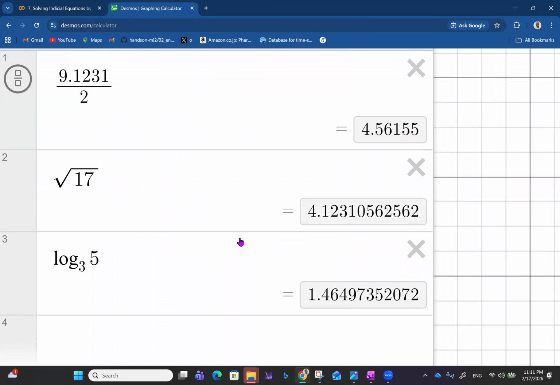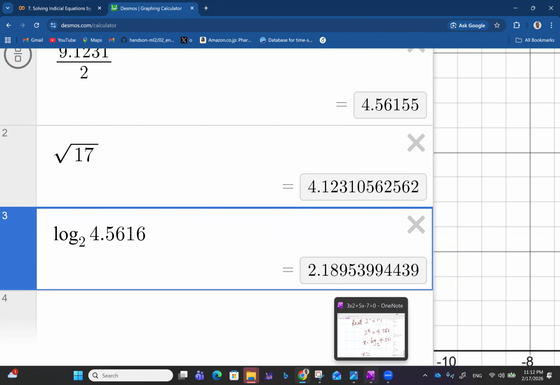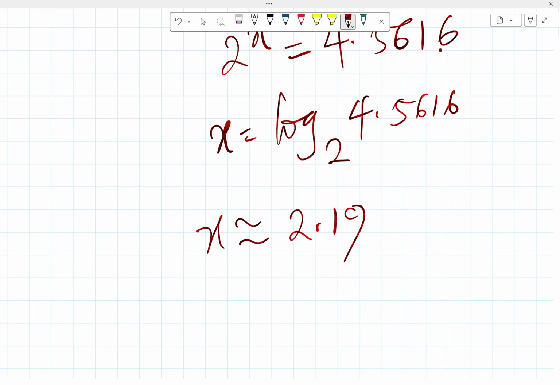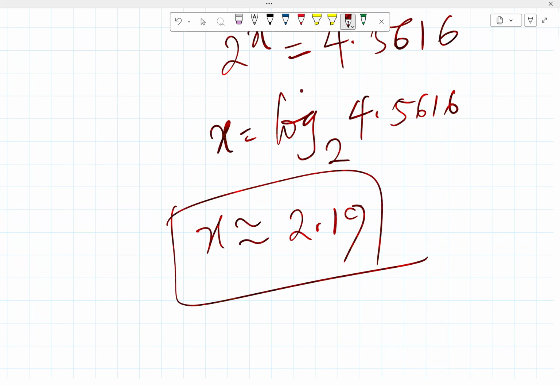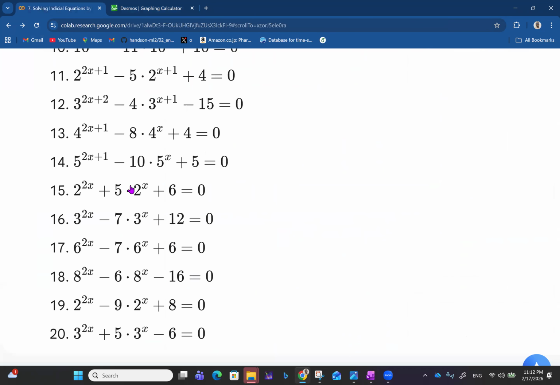Okay, log of 4.5616 base 2 is 2.189, or roughly 2.19. So x is approximately 2.19. I think we are good to go with this now. So that's us taking care of question 11 right there. With this, we come to the end of this interesting video about solving indicial equations